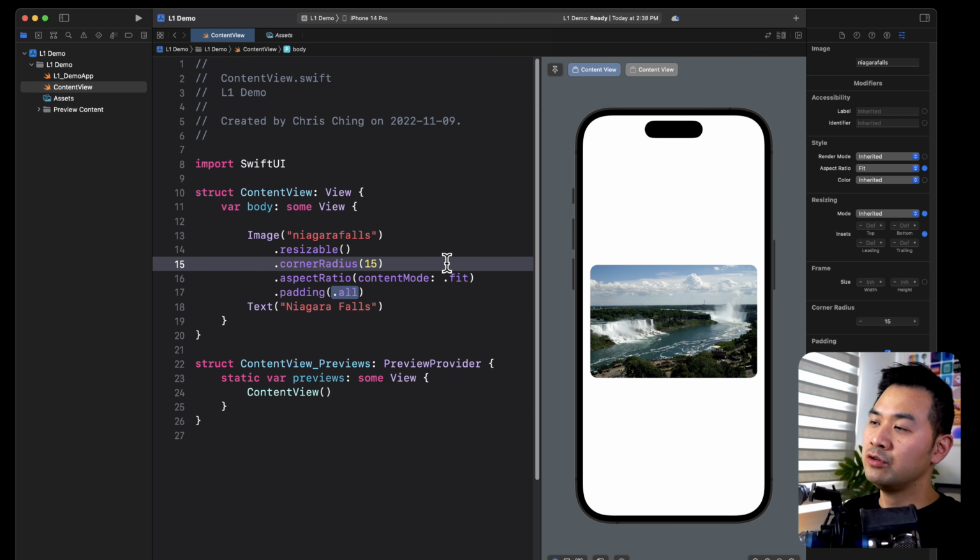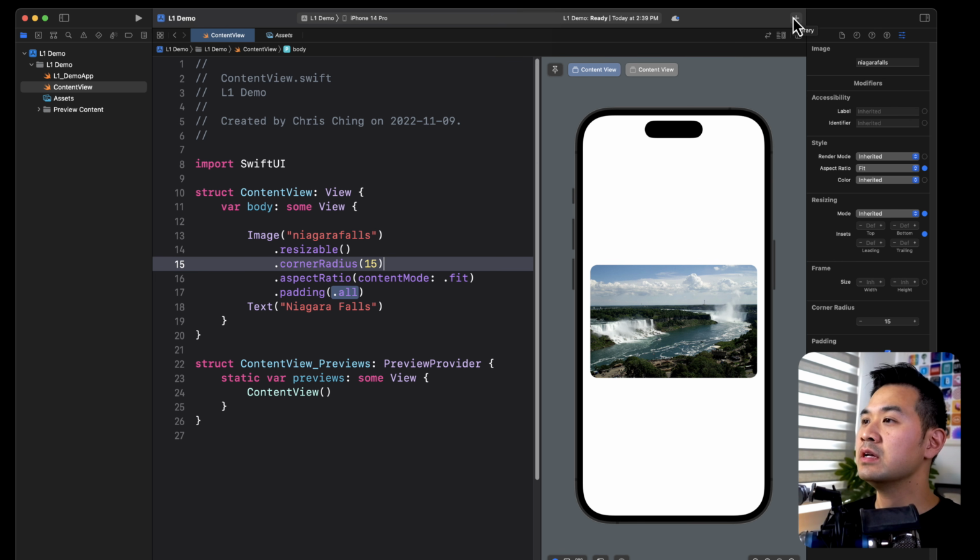But you might get some errors in Xcode now, or worse yet, Xcode might not tell you what's wrong, and it might just not show you anything, as in what's happening right now. So the problem is that it doesn't know how to lay out these two elements. How do you want them arranged? On top of each other, beside each other? It doesn't know. Luckily, we have something called a layout container to tell the system how to lay out multiple